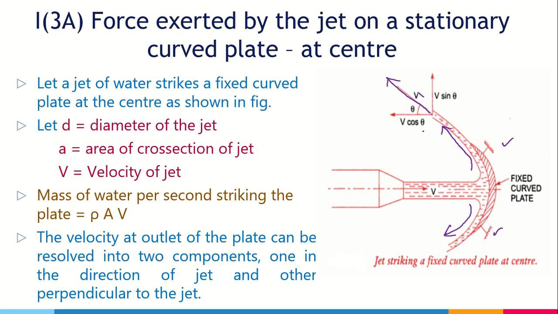So when the water is coming out in an inclined manner, again we have to consider resolution. So again you have to resolve the force into two components, one along the direction and one perpendicular to the direction. But now if you see here, one thing you have to remember about the curved plate striking at the center, I mean a fixed curved plate striking at the center, is that if you just observe the figure itself, the water is coming out in an inclined way, correct? So the water is coming out like this. So when the water is coming out like this, you can see the water after coming out is inclined with an angle of theta with the horizontal. So one component of velocity will be in this direction, one is like this.